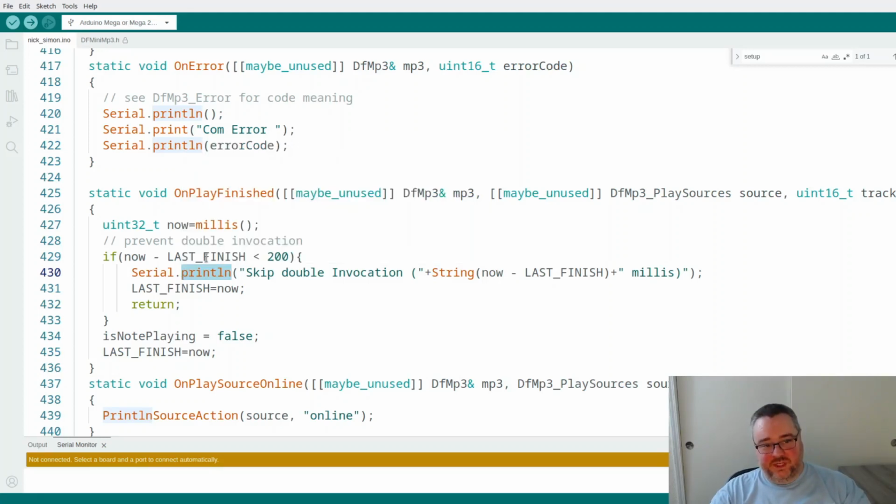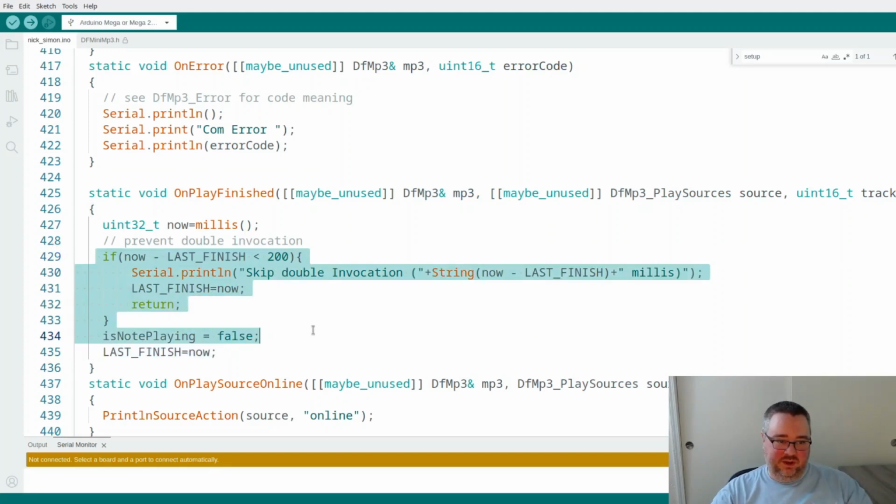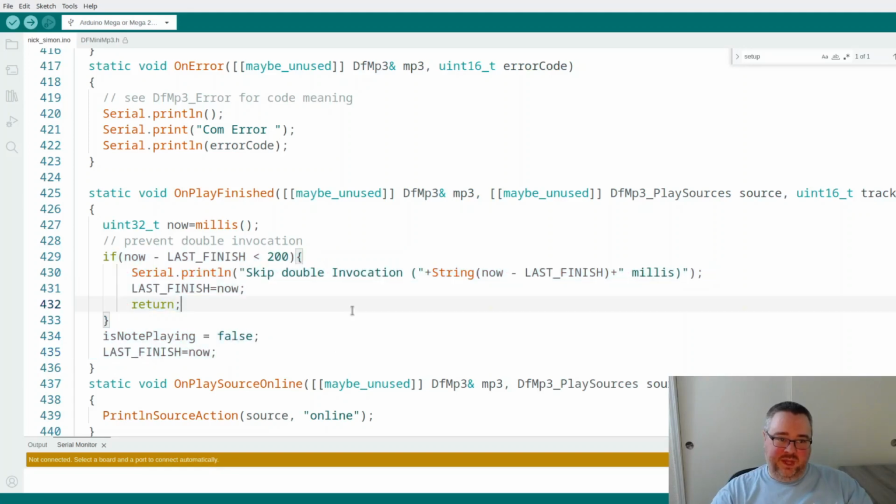So a quick fix for that is you just record the last time that you played a note, and if it's within a certain period of time, like really quick, you don't play it twice. So there's this little if statement that you can pop in here, and that'll help to stop that.